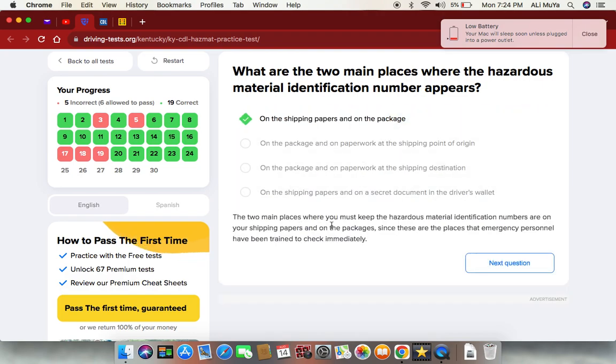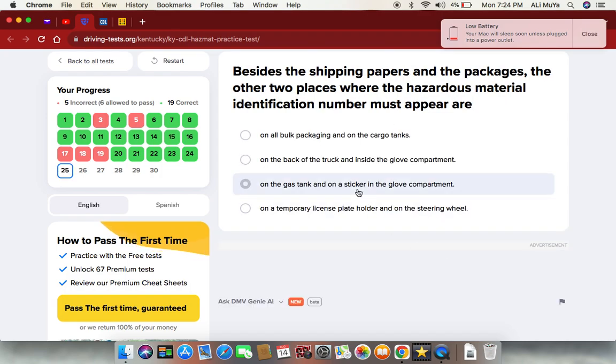The two main places where you must keep the hazardous materials identification numbers are on your shipping papers and on the packages, since these are the places that emergency personnel have been trained to check immediately. You don't want to keep it in your wallet and the vehicle blows up, or you're not in the vehicle. Besides the shipping papers and the packages, the other two places where the hazardous materials identification numbers should appear are,